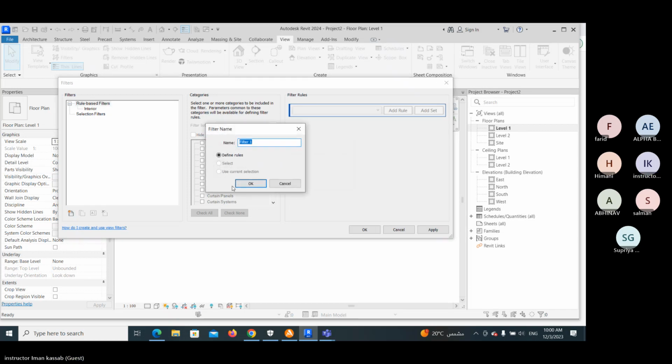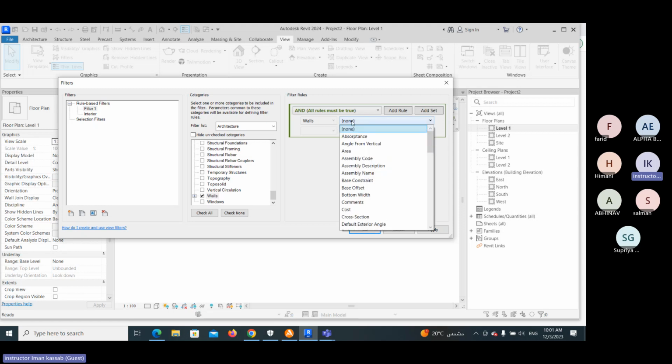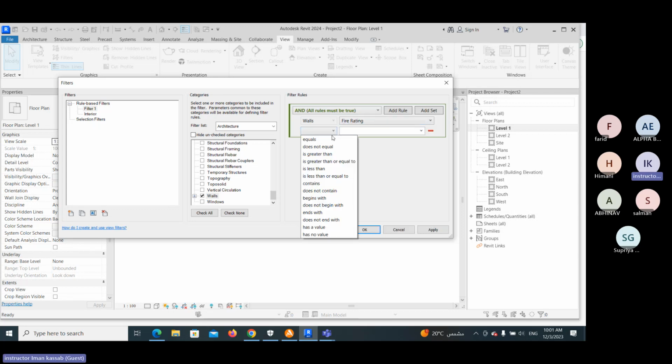New rule, filter, and it will be wall. What type of wall? I'm trying to use, from the identity information, the fire rating. I needed the fire rating equals 13B. So if you find any wall that has a fire rating 13B,